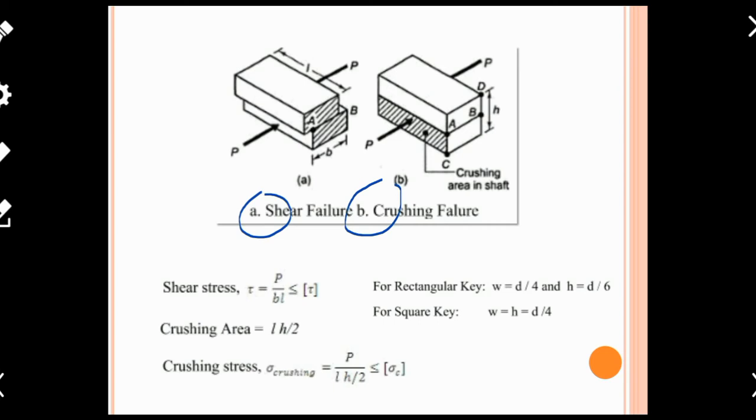Suppose the key you are designing or using for power transmission, and you exceed the torque transmission capacity beyond the limit of the material of this key, then there are two chances of the key failing. One is in the horizontal plane and one is in the vertical plane. Look at the left-hand side diagram, figure A. If you are transmitting a higher amount of torque and power, then one chance for the key to fail is in two halves, like that. Your key will fail in this direction.